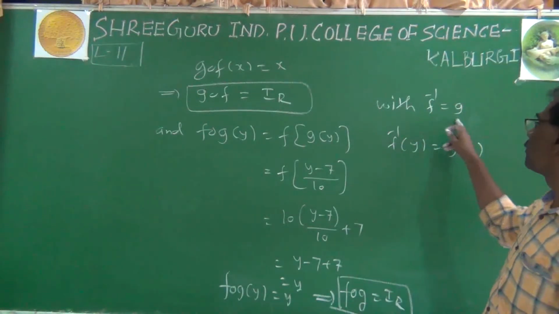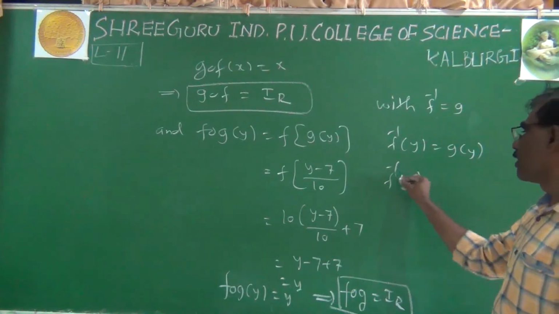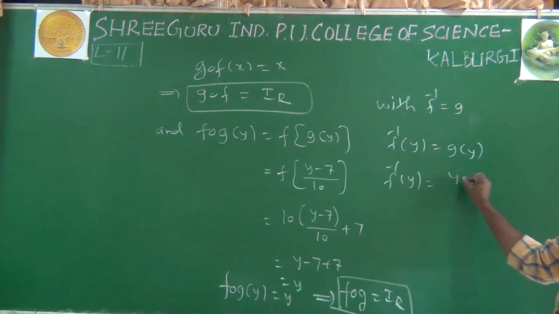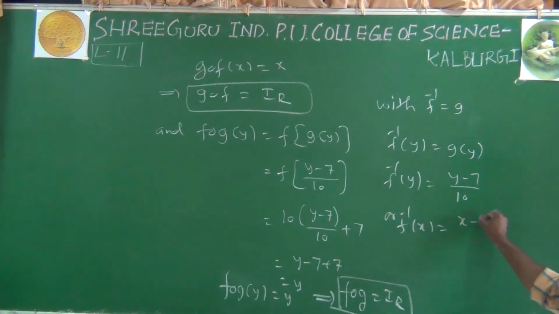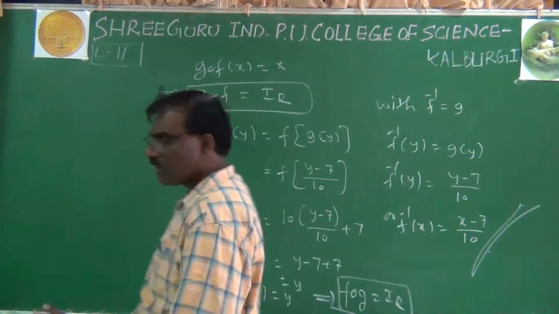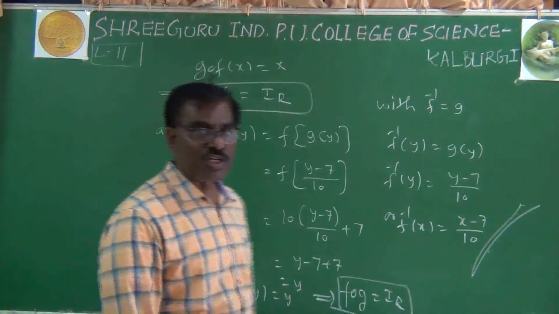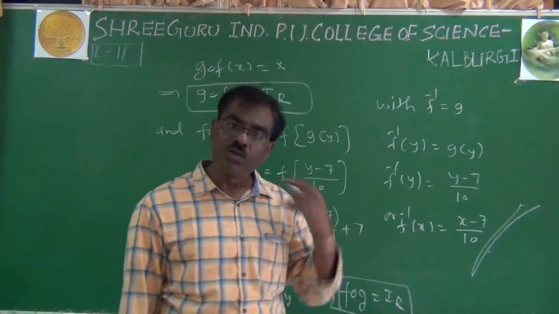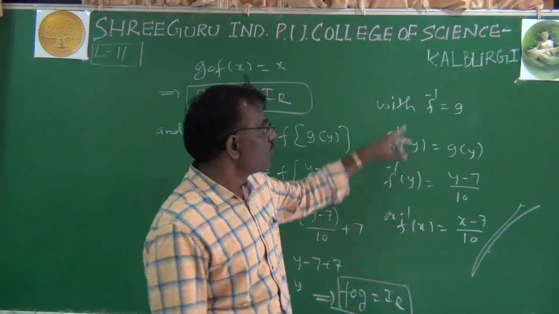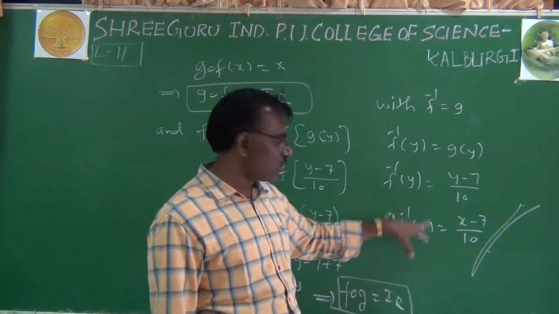Even so I will explain this. f inverse of y equal to g of y, which is (y minus 7) by 10, or f inverse of x equal to (x minus 7) by 10. So this is the problem. Here I am only asking for the function g and we have to prove that condition. This is an extra question only. When also asked to find the inverse of f, you go with f inverse of f. Both are correct, in terms of y and in terms of x.